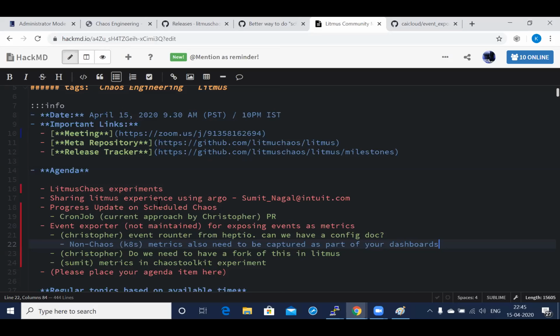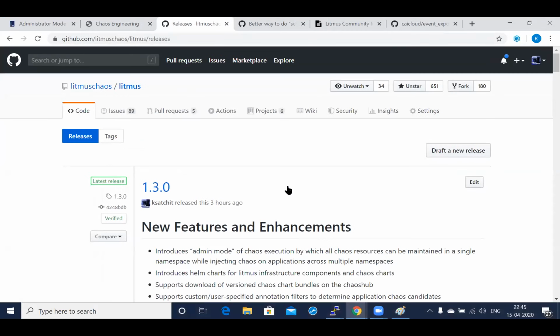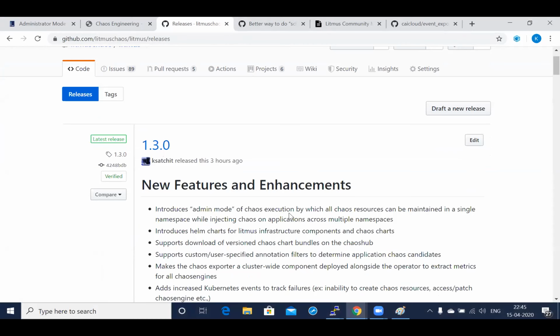If we don't have any more questions or anything to discuss specifically, we could just do a very quick run through of what we have from 1.3. I don't have a blog today that I usually preview in every community release. We'll get that probably in a day or two and share it on Slack, but I have the release notes, so I'll just run through them.